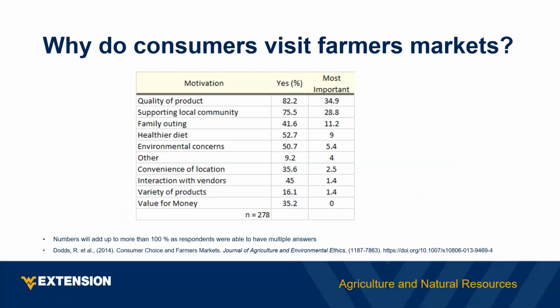So I looked at several different studies, and most of them were fairly consistent. Now, the difference between this question and the question that I asked you was that I only gave you the option to pick one option. These consumers were allowed to pick more than one option. So first they selected whether or not this motivation was important, and then they selected which one was the most important. The quality of a product was very important to consumers, and it was the most